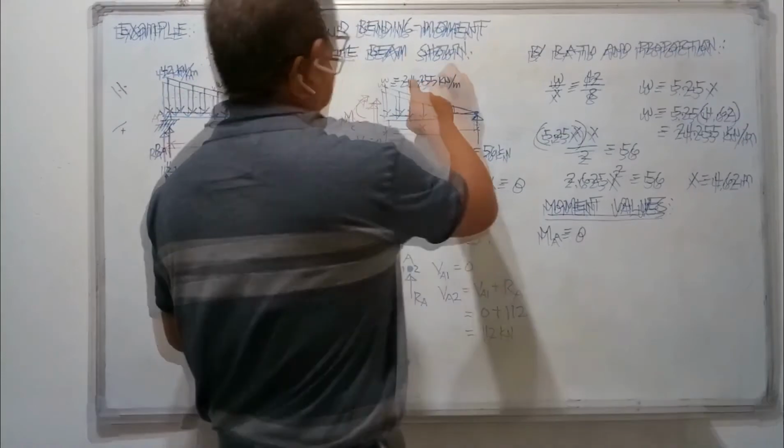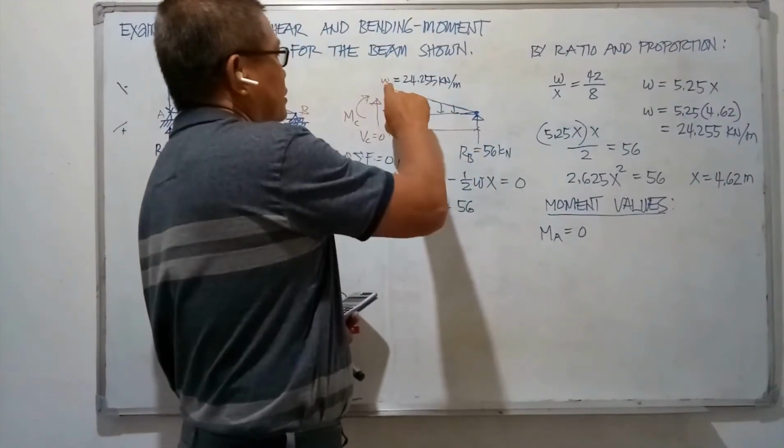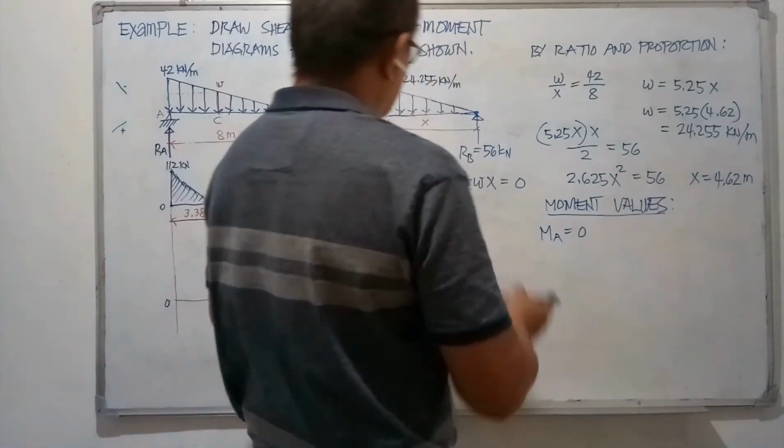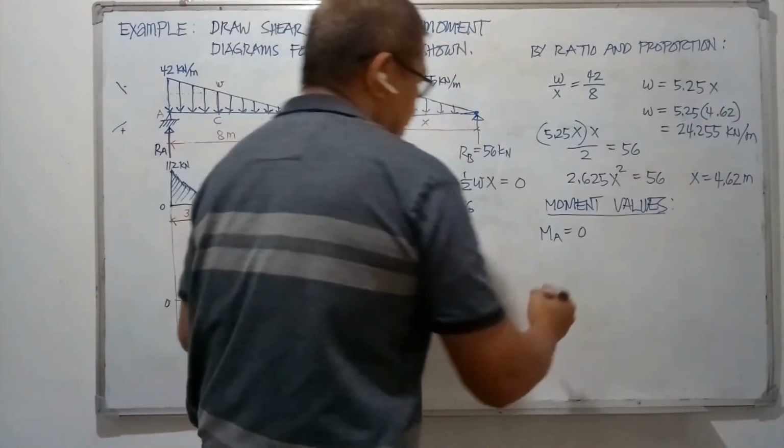By this magnitude of W known, then we can determine the moment at C